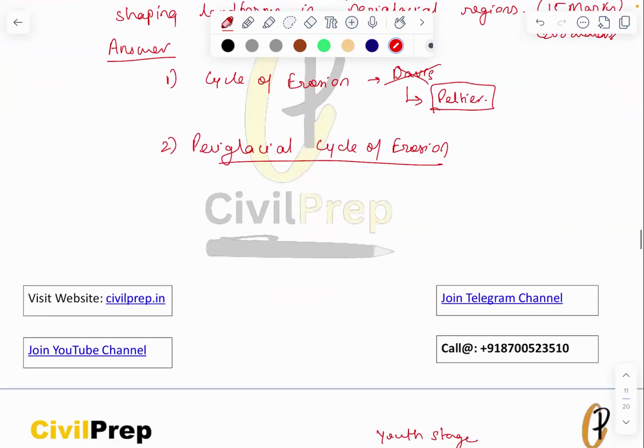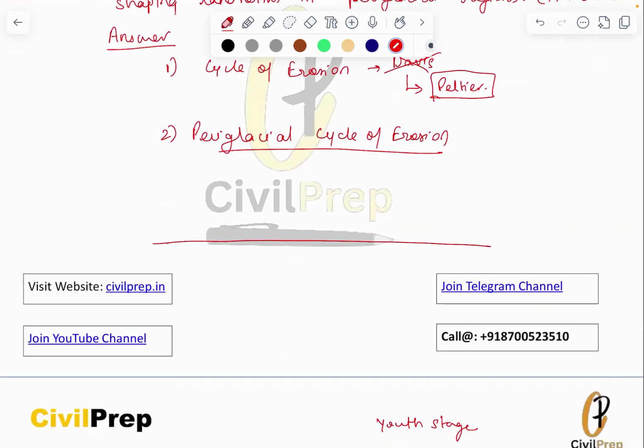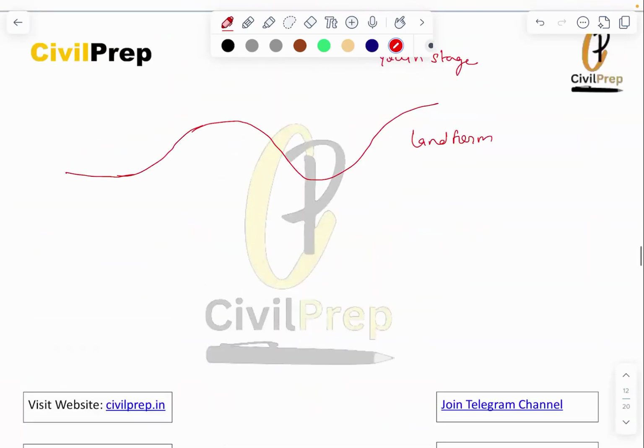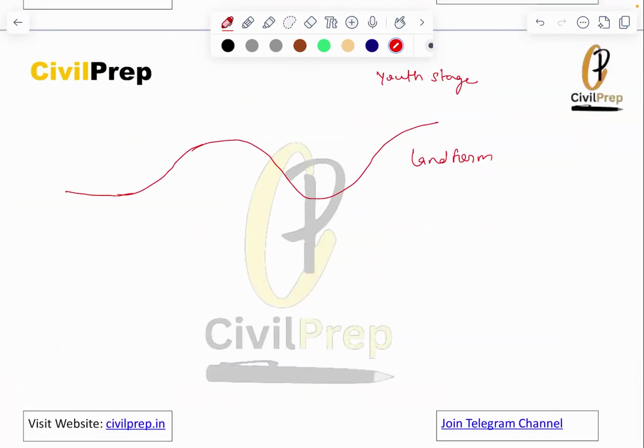Here also we will see that the landform will be undergoing all four processes: initial uplift, then the youth stage, then the mature stage, and then the old stage. So under the youth stage, what is happening here, there are certain landforms, and